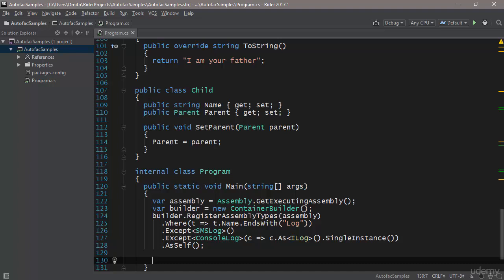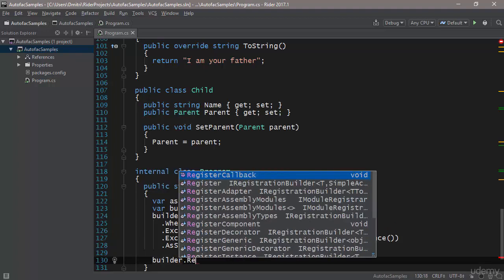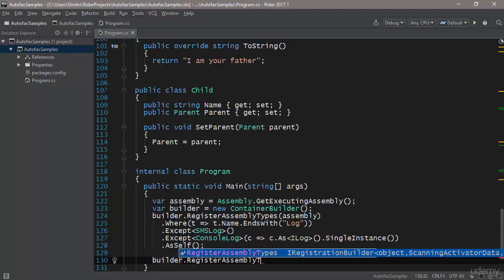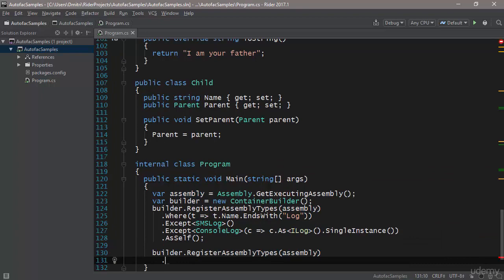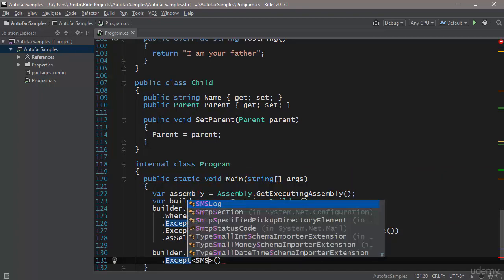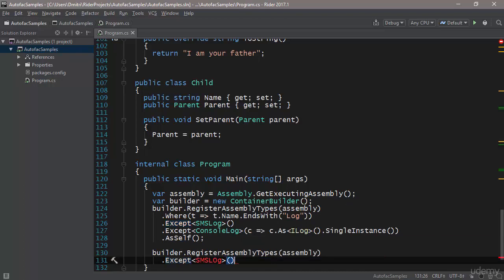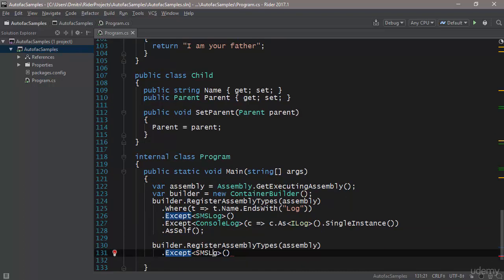Of course, instead of explicitly specifying the interface here as an ILog, for example, I can use reflection because most of this is built on reflection anyway. I mean, this t here is a type, so you can see that we're using reflection. So for example, I can go ahead and do something like the following. I can say RegisterAssemblyTypes from assembly. I can say that I want to register all except SMSLog, and I can register only the types where the name ends with Log. So once again, I can say Where t.Name